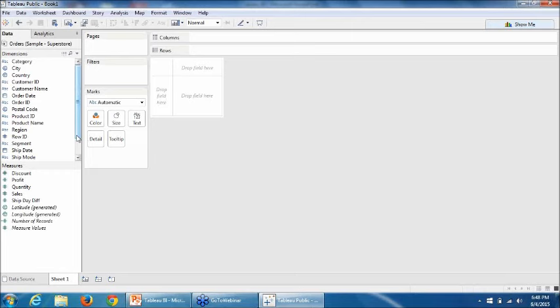So let me take you through a few basics of Tableau. So on the left pane, you can see that we have dimensions here, and we have measures. So Tableau is good enough to identify what are the different measures from the data set, and what are the different dimensions in the data set itself.